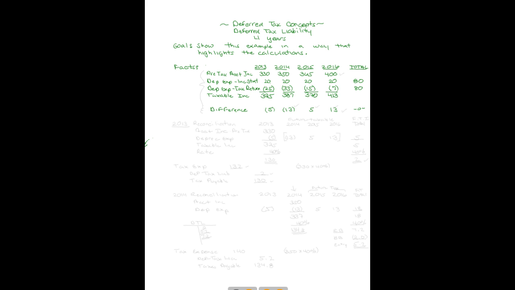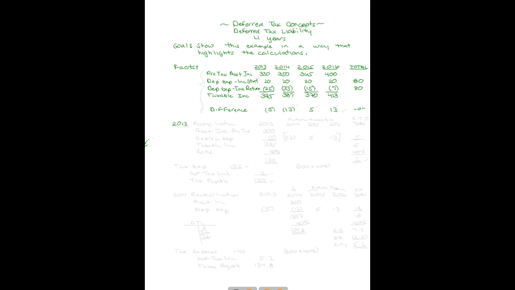It reverses out. Since we're talking about property, plant, and equipment, an asset, we're going to be working with a deferred tax liability. Let's get going on our calculations. Remember, I'm going to take a roundabout way to show you this to make sure you understand the nuances of it. We'll get quicker as we go, doing it a slightly different way. The first step in all calculations of journal entries to record taxes is to do a reconciliation of accounting income to tax income. So in